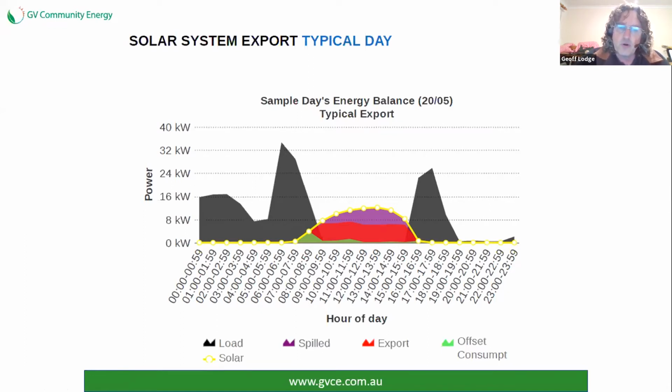People were exploring opportunities of running panels facing east and west to try to increase the generation and take advantage of these peaks. When we did our modelling, we found you were still better off having the panels facing due north. In more recent time, with the drop in the value of the feed-in tariff and the introduction of new technologies on